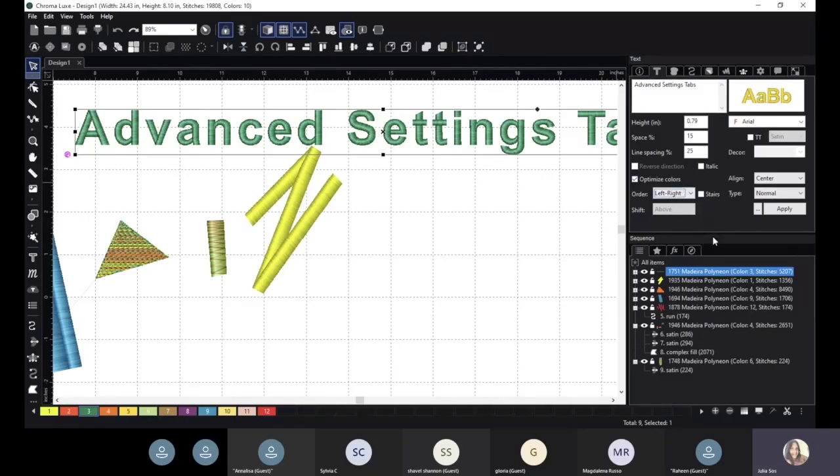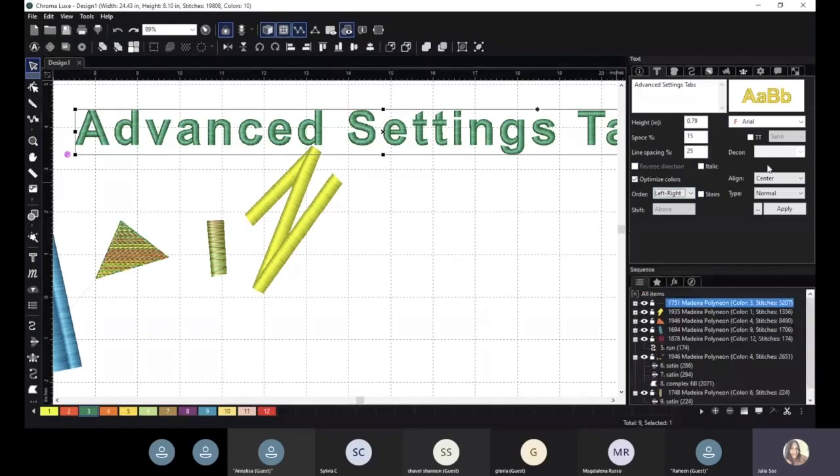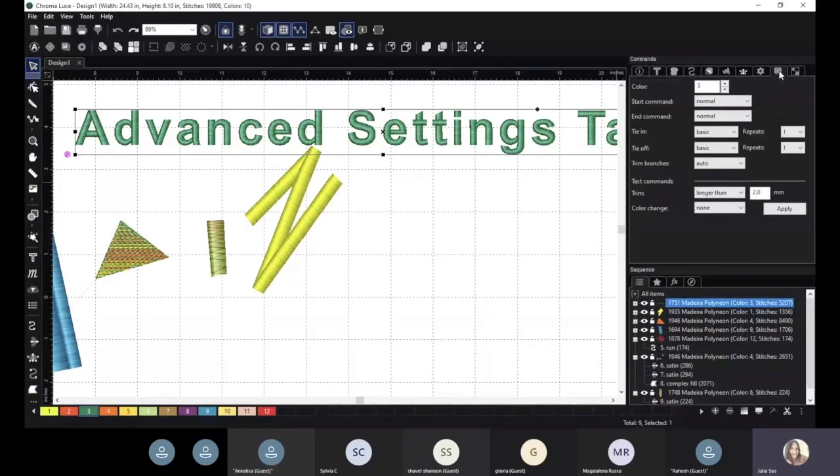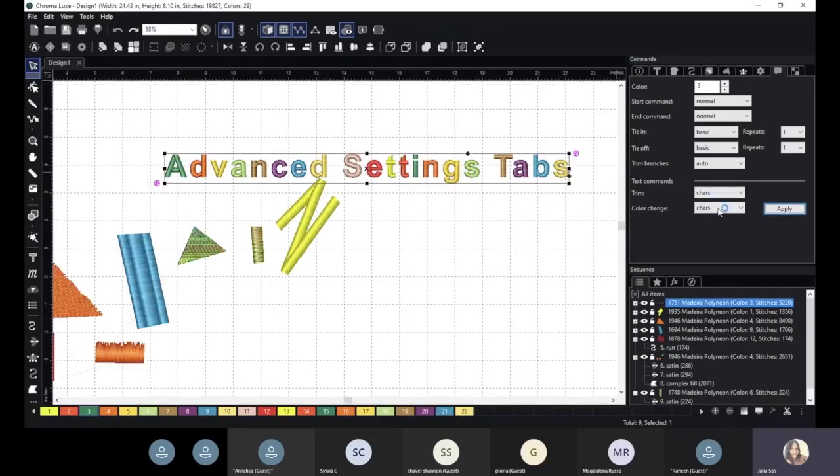And the other option that pops up is under the commands tab, and now we just have our text commands, which is where we can add in trims in between all of the characters. We can also color change in between characters if we want to be able to choose many different colors. So just a couple extra things that will show up